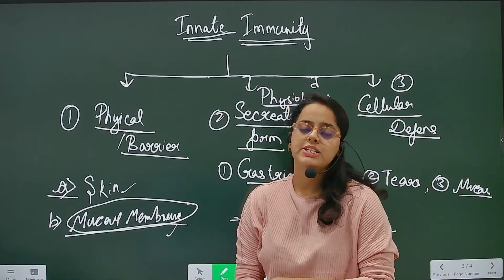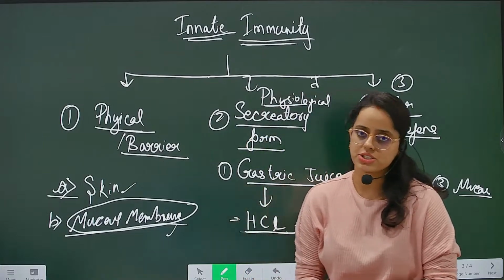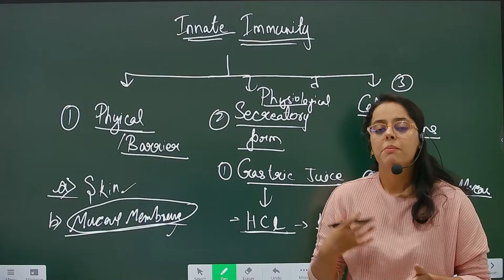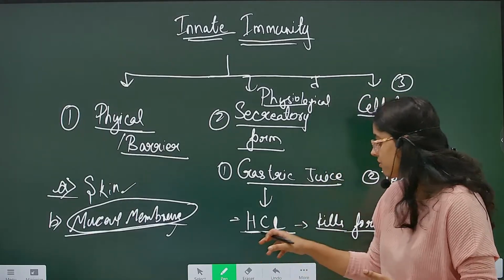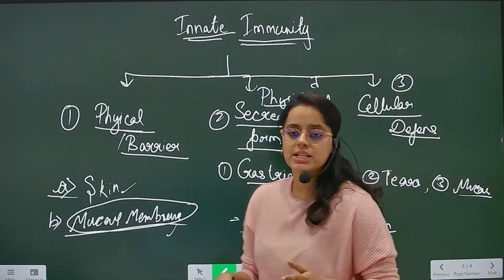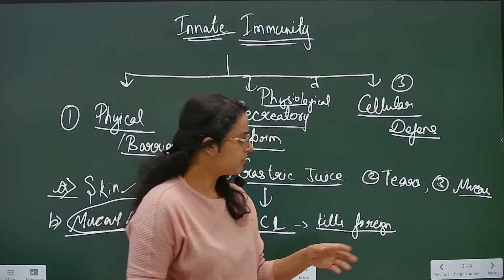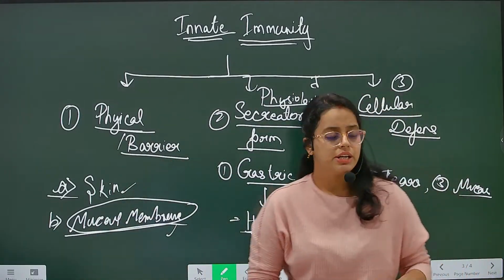Skin prevents the entry of bacteria or viral particles. Physiological defense involves secretions that prevent bacterial growth or kill bacteria, like gastric juices, mucus and tears. Tears consist of lysosome enzymes which break down bacterial structures. Now we are learning about cellular defense,